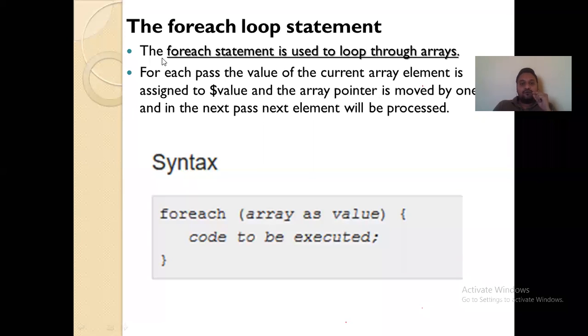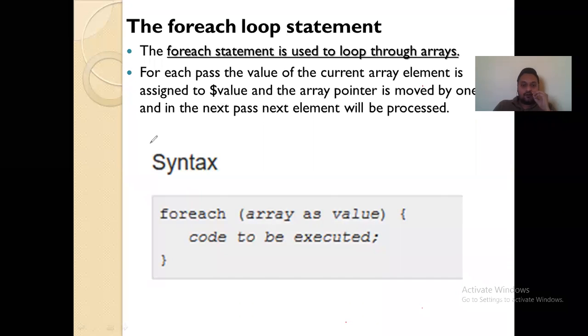Okay. Now the foreach loop will be used to loop through the values of the arrays. For each pass, the value of the current array element is assigned to the value variable, and the array pointer is moved by one. In the next pass, the next element will be processed. So this is very simple syntax about